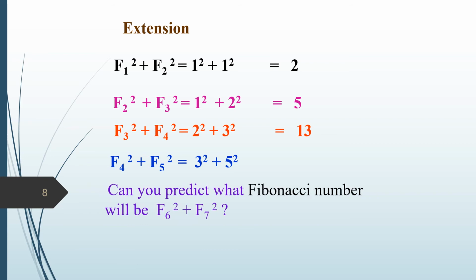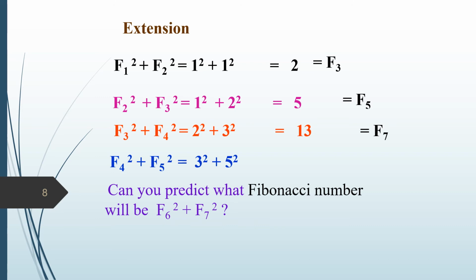Can you predict what Fibonacci number will be f6 squared plus f7 squared? Now, f1 squared plus f2 squared is equal to 2, which is the third Fibonacci number. f2 squared plus f3 squared is 5, which is the fifth Fibonacci number. f3 squared plus f4 squared is 13, which is the seventh Fibonacci number. So f4 squared and f5 squared,